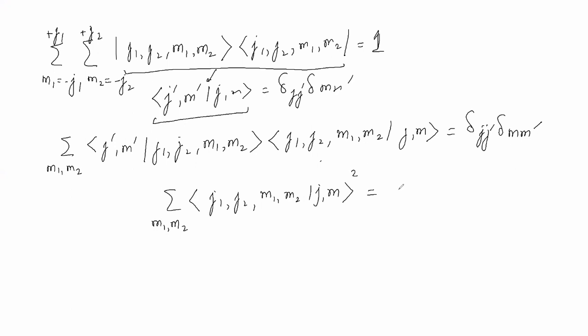This should be equal to 1. Okay. J1, J2, M1, M2, Jm. See here, what I was telling you, that this quantity is the conjugate of this quantity. But these two quantities, by our choice, are real. And if they are real, then they are the same numbers. And that is why I have written it as a square.